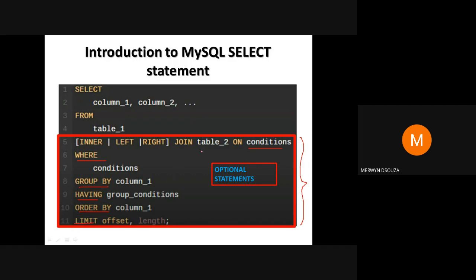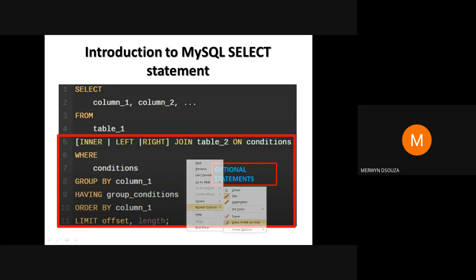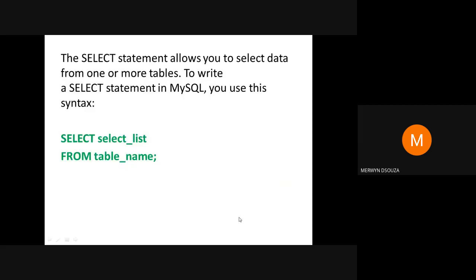But remember, all these statements are optional. So this is the basic syntax of your select statement that you can use.